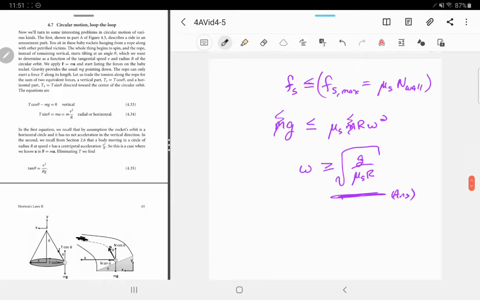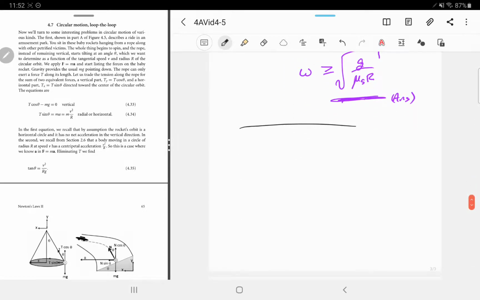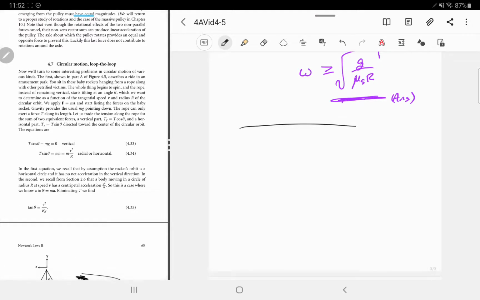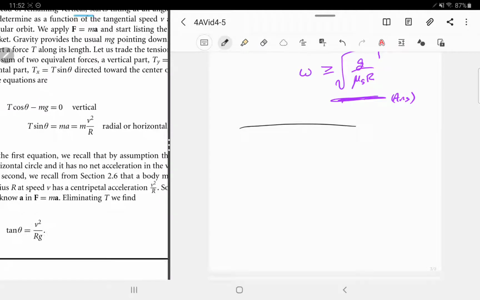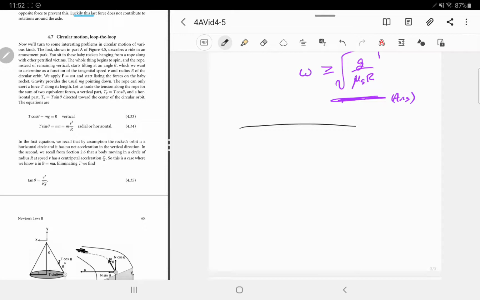So a lot of these problems in your textbook have a similar flavor. You have to be able to draw the free body diagram and then analyze it in just this way. So the sum of the forces in the radial direction is equal to mv squared over r, and then in other directions, for uniform circular motion, you can set the sum of the components of the forces equal to 0. So, 3 examples in Shankar. Let's go over those. So 1, you have a person,